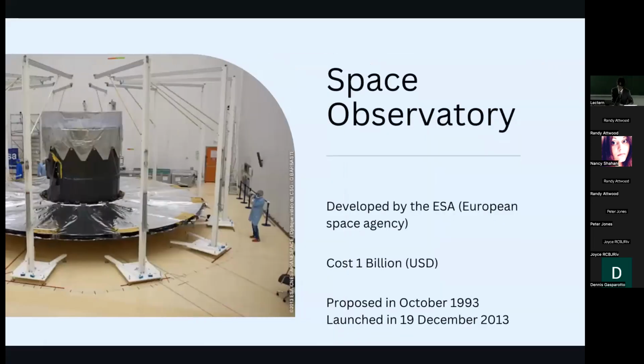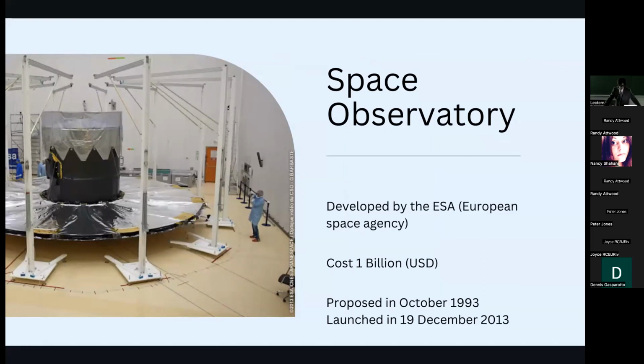So it's actually a space observatory, and it's the successor to the Hipparcos mission developed by the European Space Agency. It cost $1 billion USD. It's a lot of money, and it took over 20 years to develop, which is a long time, but there are a lot of setbacks in astronomy, and astronomy missions rarely release on date.